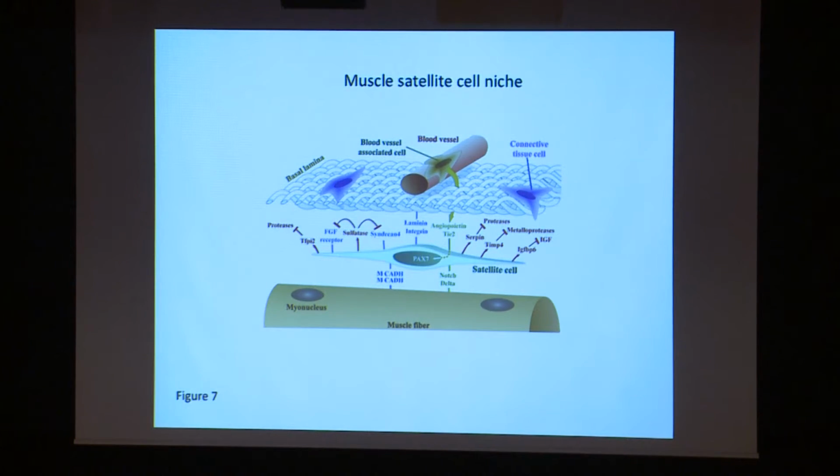It is the Notch receptor and its ligand, Delta. Delta is brought to the Notch. Notch is carried by the satellite cell, and Delta is brought by the fiber. And it was shown very recently that breaking the Notch signaling pathway, this is a very important pathway